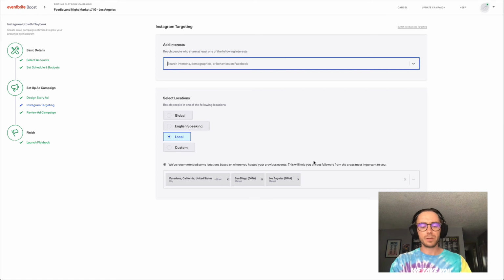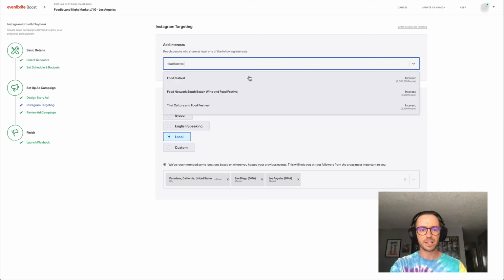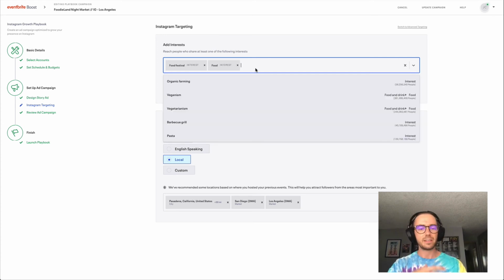So if we're rolling with our food example, something that I might do here to get started is I might try typing out something like food festival here. Just start by typing out different food related interests in this section, basically things that are related to your brand or your organization. You wouldn't want to be putting a bunch of random stuff in here, maybe targeting people interested in movies if you're advertising a food event and there's nothing movie related. So just first and foremost, make sure that the interests that you had in your campaign are actually relevant to